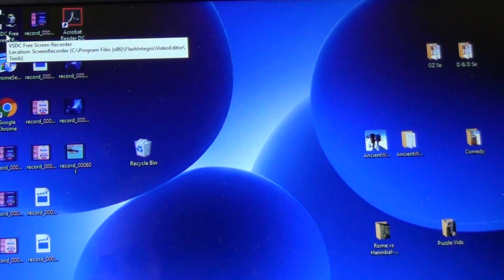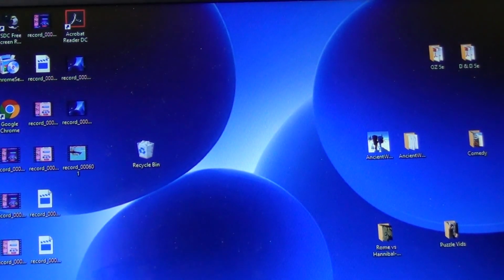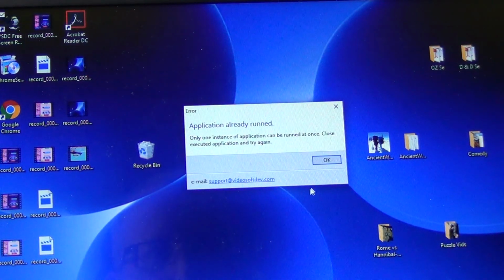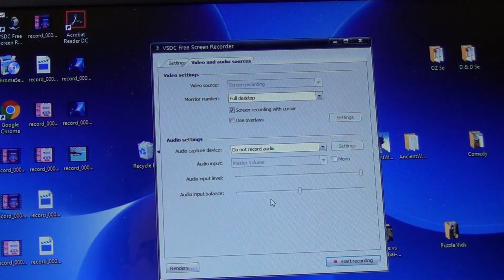Obviously I'm using an external camera to show you the screen on my laptop. Hope this turns out pretty well for you guys. So anyway, click on it. Oh, I already have it running. Okay, so it's down here on my tray. All right, so it'll come up on this screen when you pop up, and it'll have